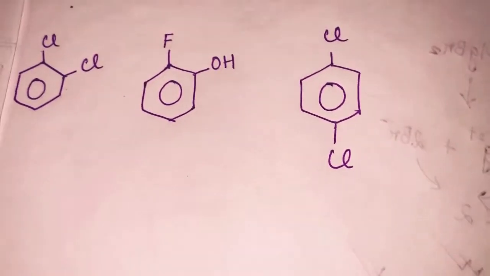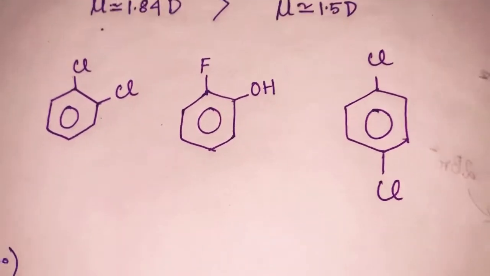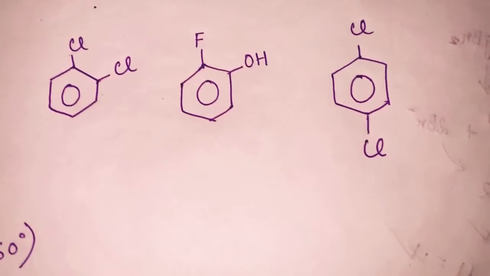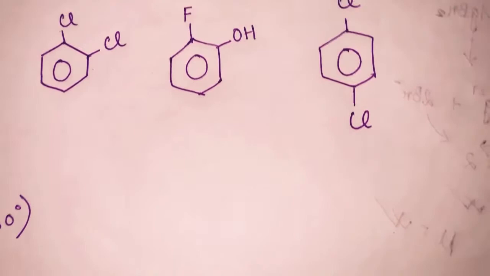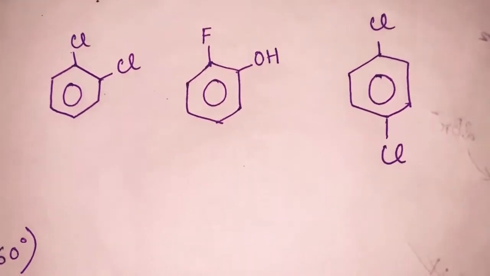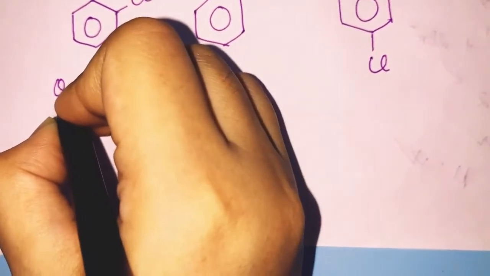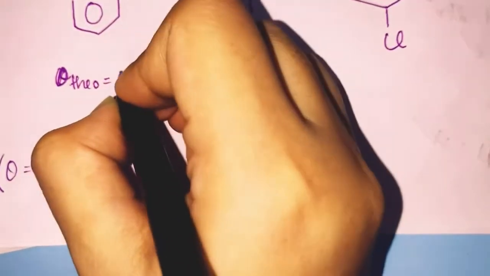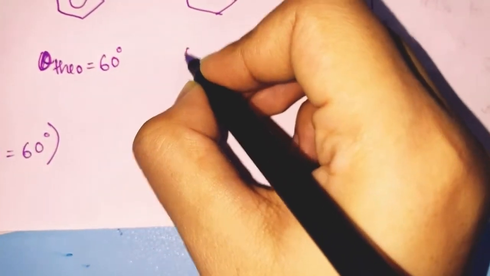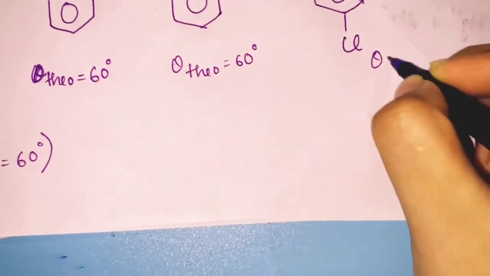So here we are having two cases of non-zero dipole moment and one case of zero dipole moment. But now we will try to understand the difference between theoretical and experimental dipole moments. By calculation it has been found that the theoretical angle is 60 degree here, here also it is 60 degree, and here it is